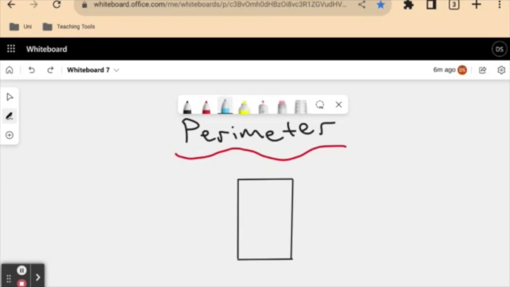Okay, so we begin our course on measurement by first looking at perimeter. When we talk about the perimeter, we're essentially defining that as the distance around the edge of a particular shape, or the border around a shape. So an analogy I'll give you quickly to illustrate what we mean by perimeter is, say